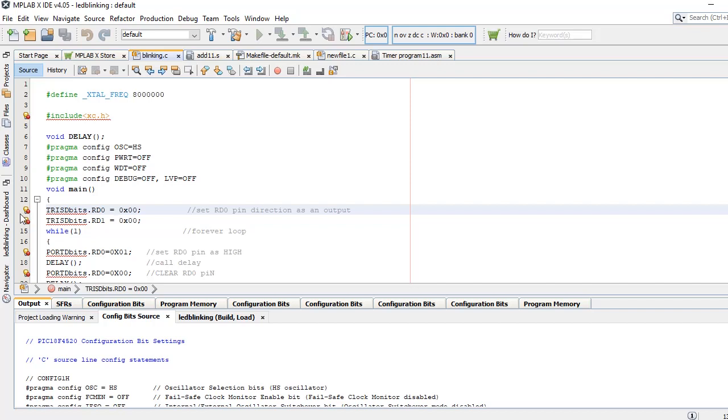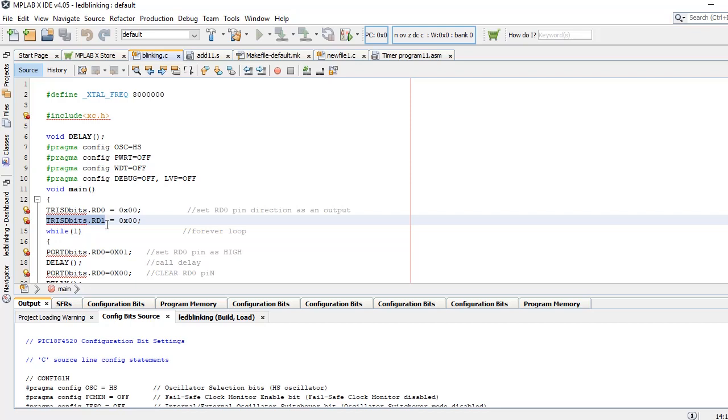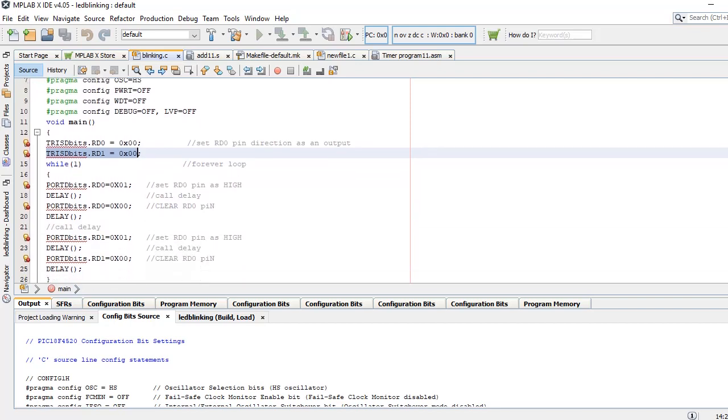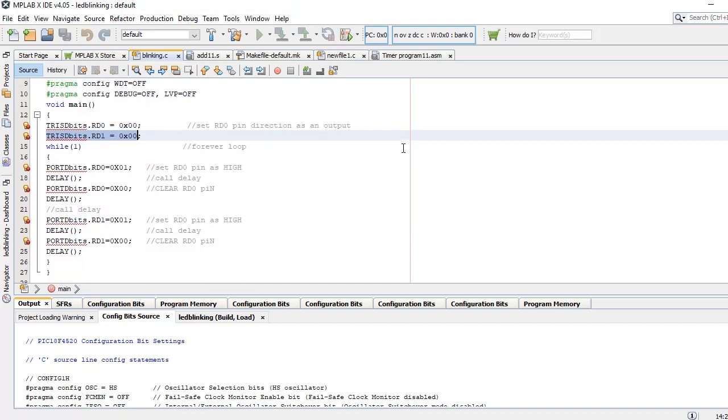So in the TRISD register, TRISDbits.RD0 equals 0 means we set the pin as an output pin. Then TRISDbits.RD1 equals 0, means we are setting the RD1 pin as output.